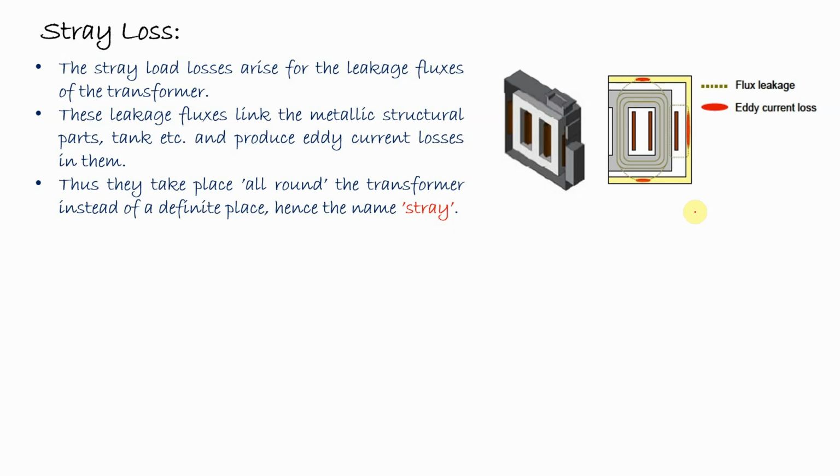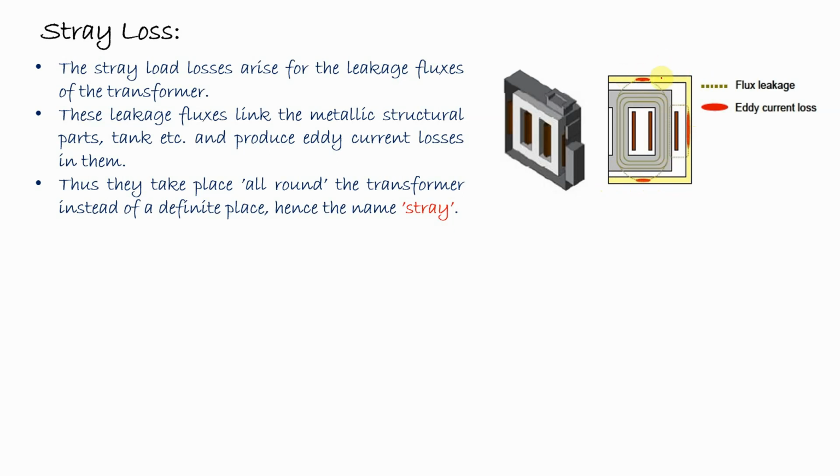As we know, when the primary side windings are supplied by a voltage source, the current flows and the flux will be developed in the core of the transformer. Now this flux will cut the windings, the core of the transformer, as well as the other parts of the transformer also. The big size transformer is always put within a tank which is filled with oil. And this tank is again made of some ferromagnetic material. So when this flux circulates in the transformer, it will also cut the tank and other parts of the transformer which are made of ferromagnetic material.